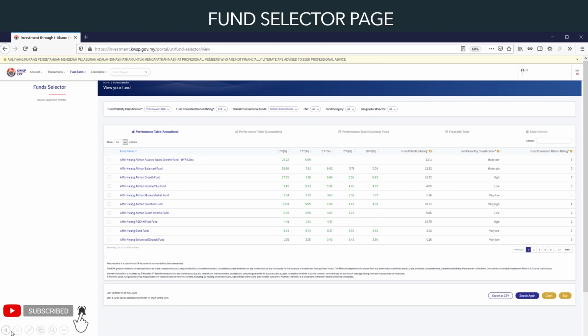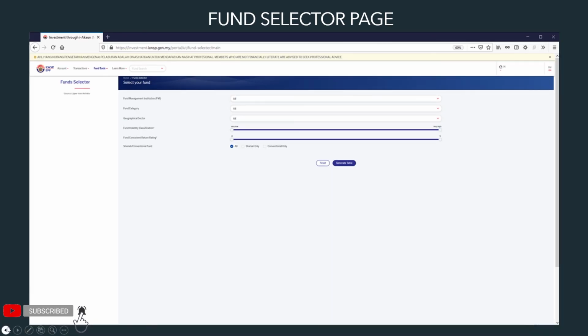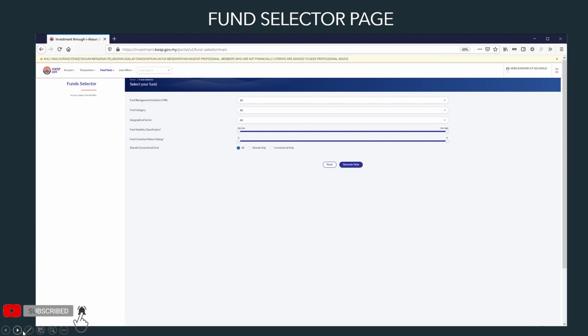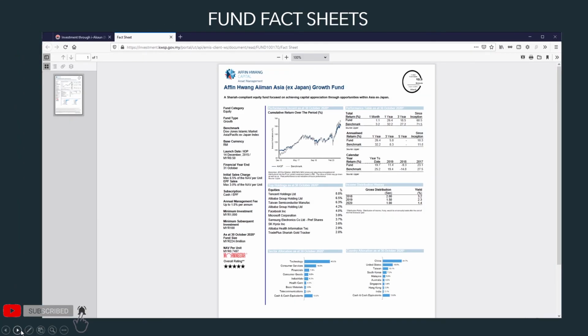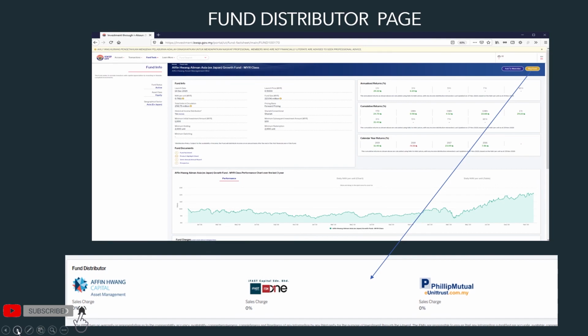this tutorial. I've already taught you how to create the fund account, how to log in, and how to purchase. If you need more information on KWSP and how to do some other steps, please let me know in